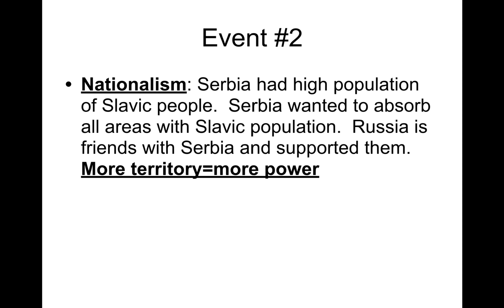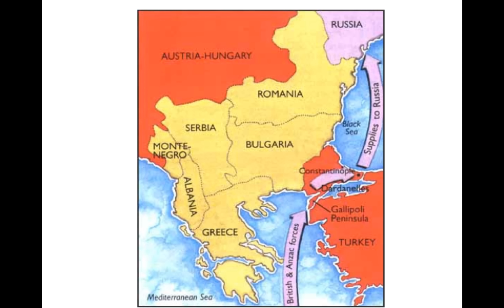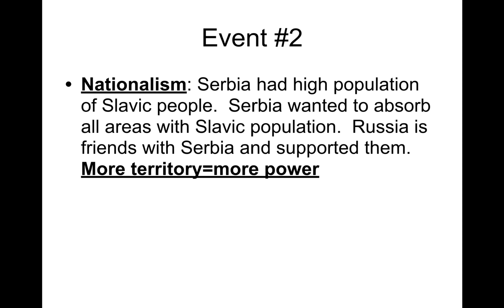Serbia has a very high population of Slavic people. Now, guys, when I say Slavic people, they're not slaves. This is just another name for the Eastern Europeans, and they are an ethnic group. And there's lots of them that are spread out all throughout the Balkan Peninsula. So they're spread out all throughout those yellow countries. But what Serbia wants to do is Serbia wants to absorb or take in all of the land that these